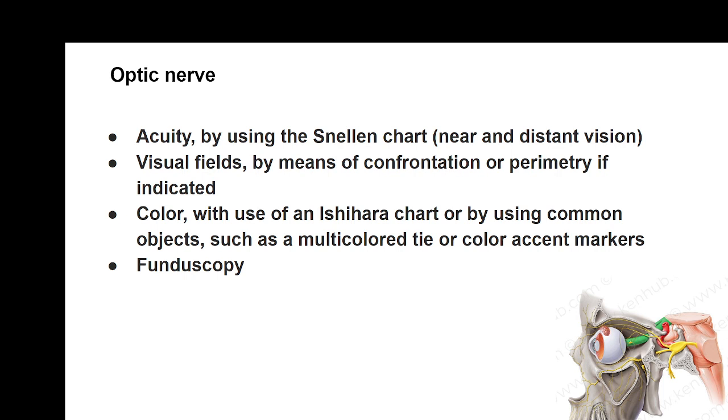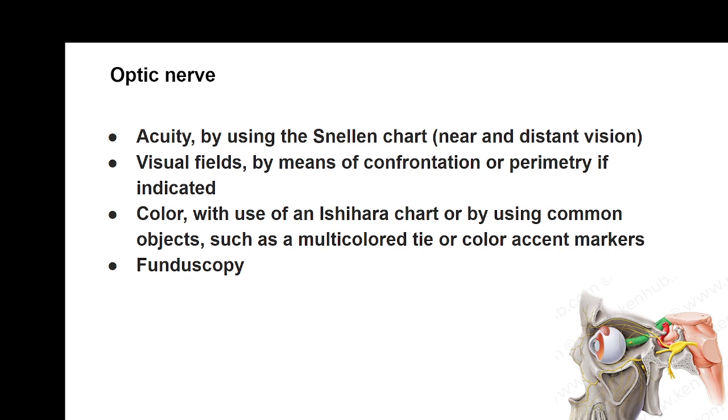Then the color is the next part. Again, color charts are usually used, like the Ishihara chart, the typical chart where a person with color blindness would be reading a different number, and a person with normal color vision would be seeing a different number. The color dots are arranged in such a way. Or it could be done by a simple question, like whether the person can identify a green object as green or a red object as red, and so on. It also can be done by making use of any object which has multiple colors. Fundoscopy is another option which is used for optic nerve assessment,